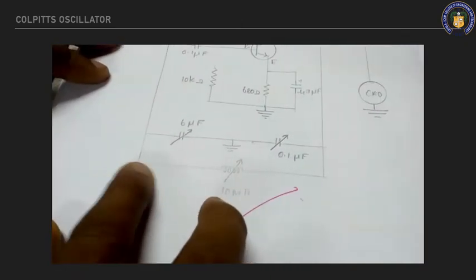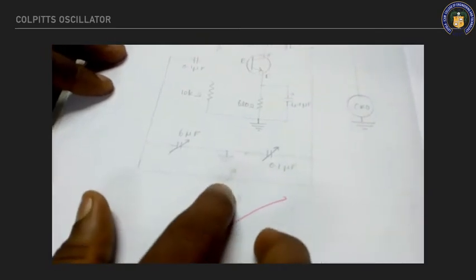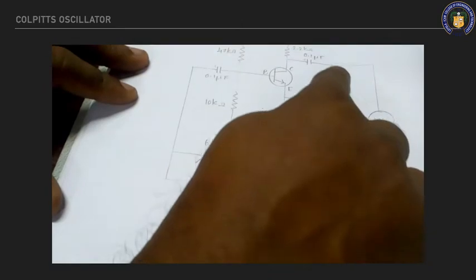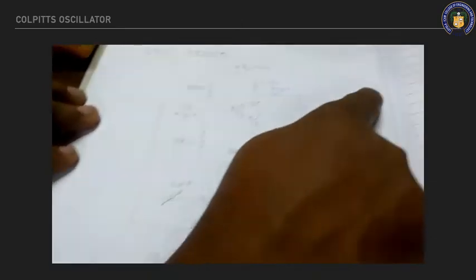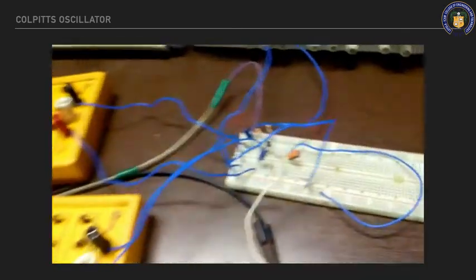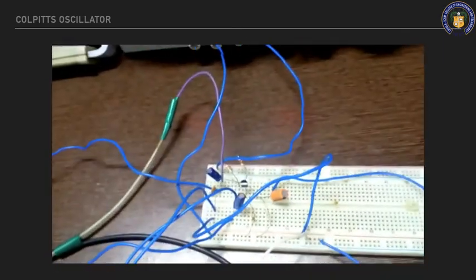Output section. The inductance box: one end is connected to the base, the other end is connected to the collector. The output will be shown in the CRO. The same procedure for connection as per the circuit diagram. The polarity of the sine wave: one is the positive cycle, the other is the negative cycle. The amplitude is the total height on the y axis, and the time period is on the x axis. Total amplitude is measured for one cycle.